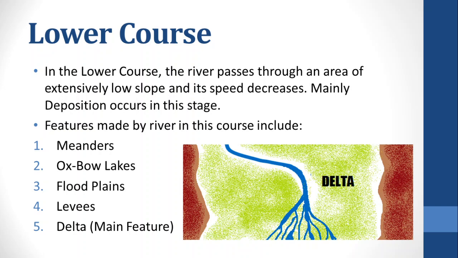Now look at the diagram. You know meander: the loop-like structure is known as meander. Oxbow lake: when the meanders are cut off by the deposition of sediments, they form lakes like an oxbow. Then floodplain: the entire river basin where flood is common is known as floodplain area. Levees, you know, the raised platform is known as levees, and delta: the triangular shape of land formed by the river at its mouth due to deposition of sand and silt sediments is known as delta.